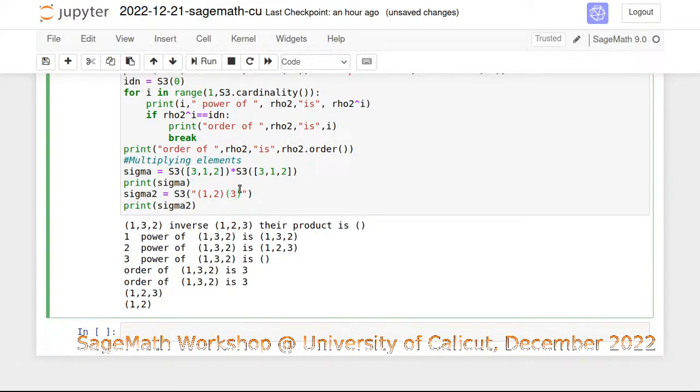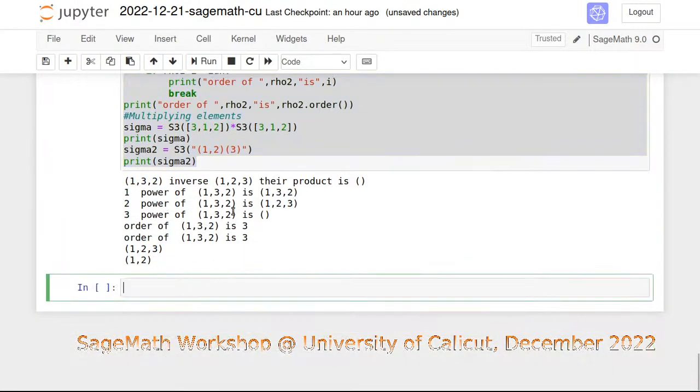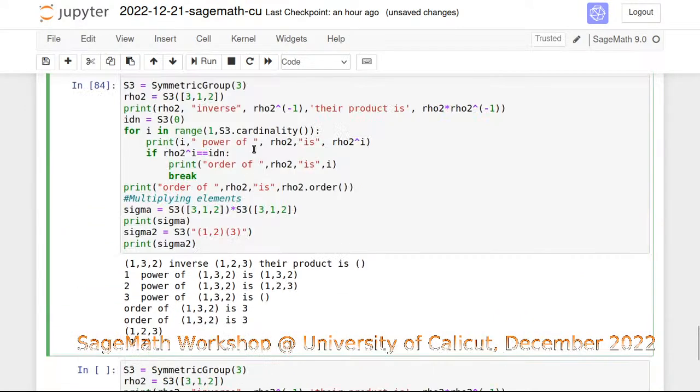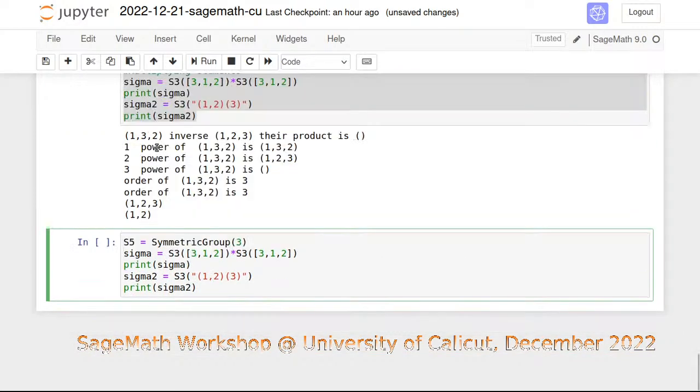Since we are in S3, we do not have too many things to experiment with. So let us just move to S5, which has more symbols. Okay, let me just update everything typed here in the Google document. So updated. Let me take S5 instead. So if I use S5,